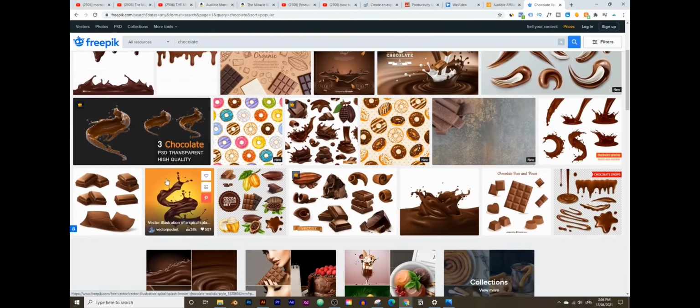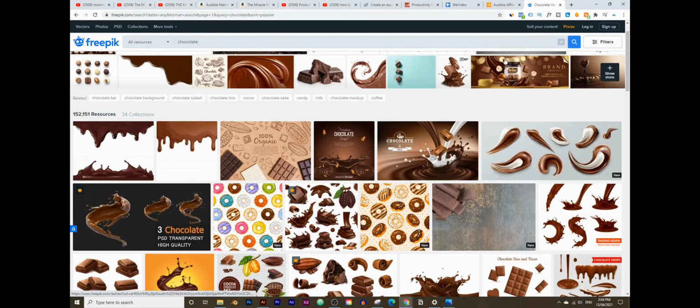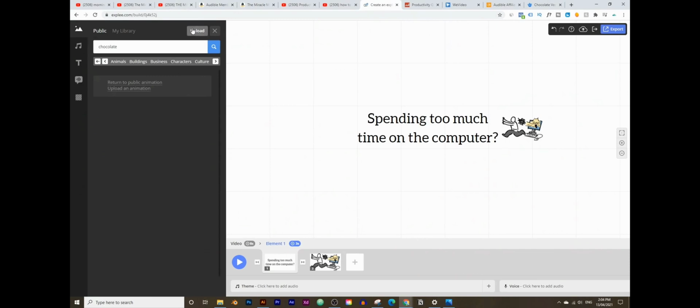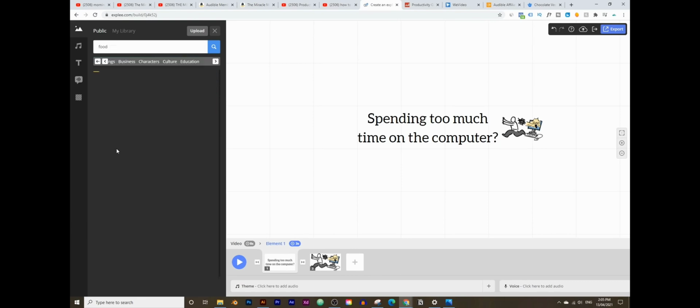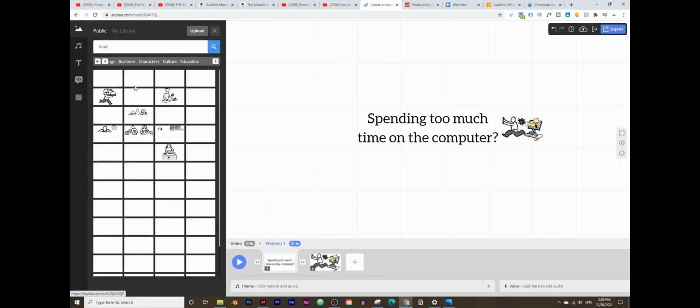So some of these ones you do have to pay for. The ones with this little king icon, you have to pay for those, but most of them are actually free. So I'm not going to download this, but you get the point here. You just click on upload and you upload the image, and you can use it for free. So maybe I'll use something else. Maybe it's, let's see, a different category right here. Let's see, technology, food, and maybe it's